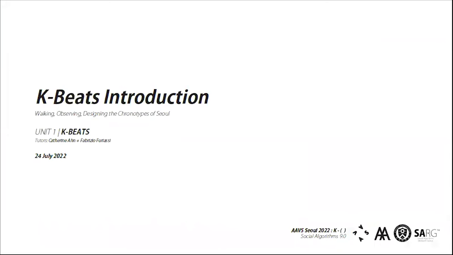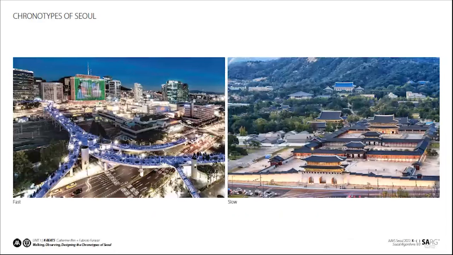Okay, so we are Fabrizio and Catherine from Unit 1, entitled K-Bits. Our unit studied the chronotypes of Seoul, which we intend to be the time and speed dimensions, imprinting into the space of the city and the life within it. We looked particularly at Seoul's dual dimension of fastness and slowness,